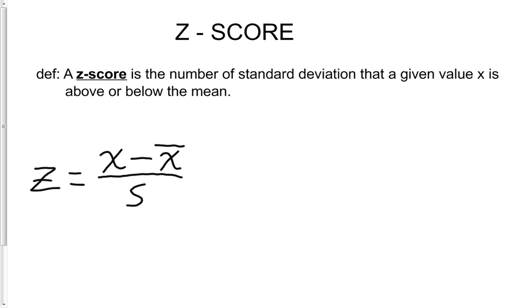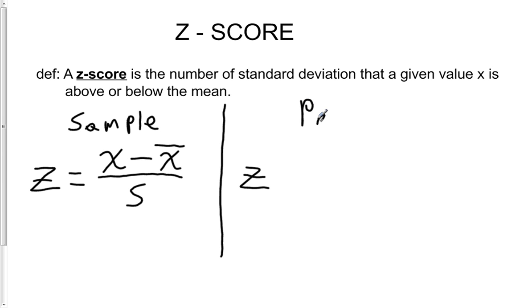Now this is in the case that we are dealing with a sample. So this is for a sample. Now we could also be dealing with a population, and in the case where we're dealing with a population, we calculate the z-score in the same way, but we use different symbols. So the z-score for a population